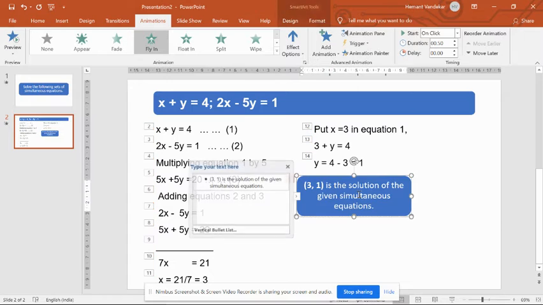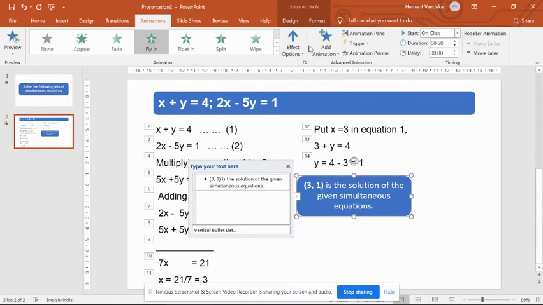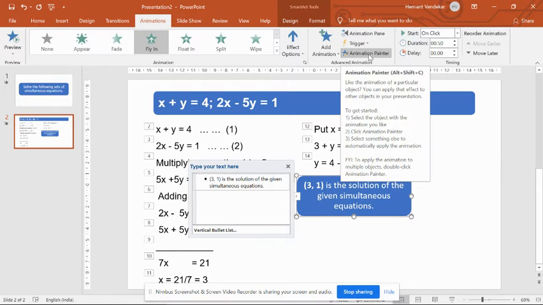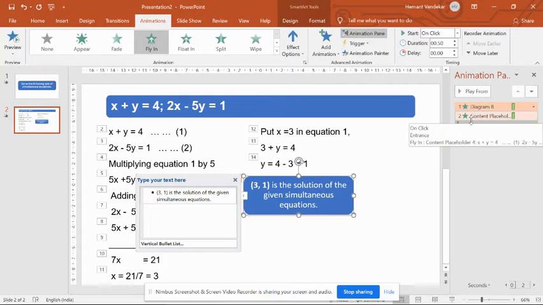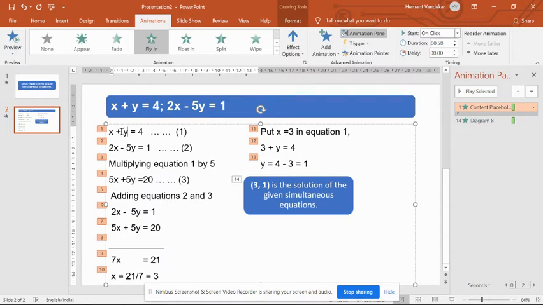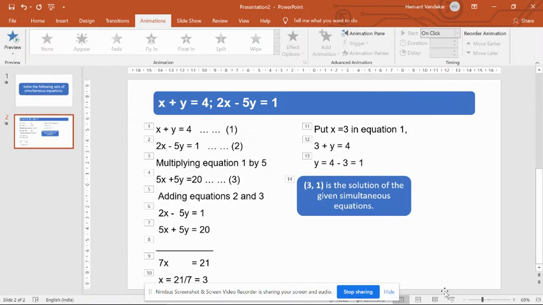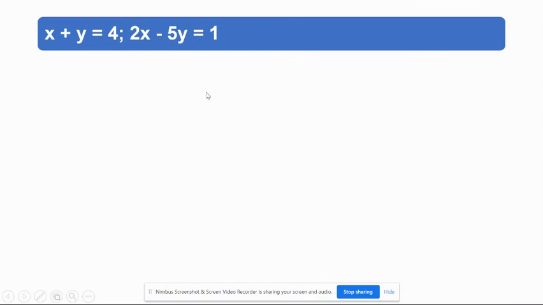So what you have to do is, now as this has come first and this is two, go to add animation or animation pane. In the animation pane, you can see the diagram content. You have to get the diagram down, so just drag it down. Now all other things will come 1 2 3 4 5 6 7 8, and the diagram will be coming live. Let's check how it will look. Go to the PowerPoint presentation, and then you can see. Okay, fine. Now this is ready to be explained.